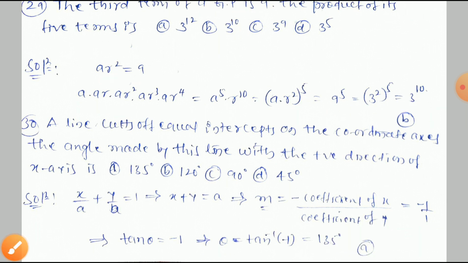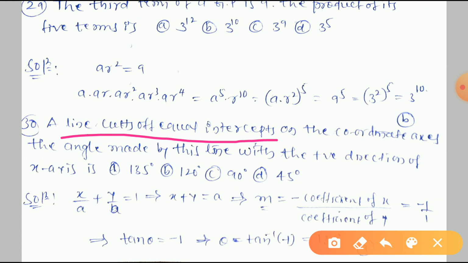Next, question number 30. A line cuts off equal intercepts on the coordinate axis. This statement is important. The angle made by this line with the positive direction of x axis is 135 degree, 120 degree, 90 degree, and option D is 45 degree. Here we know that the line cuts off equal intercepts. By using intercept form, the equation is